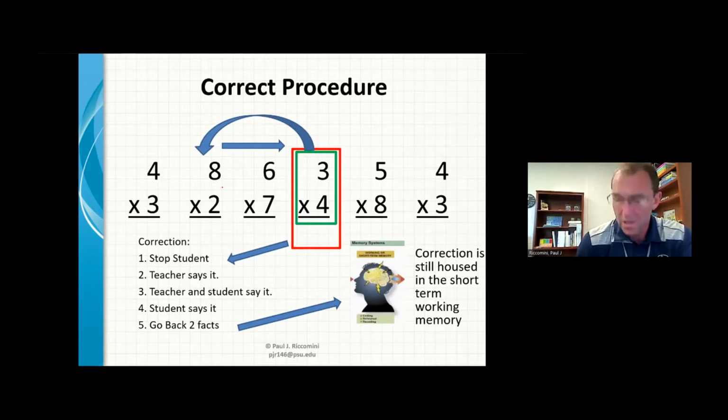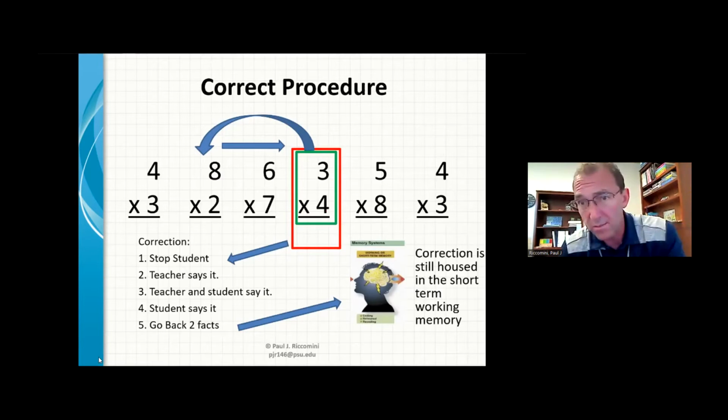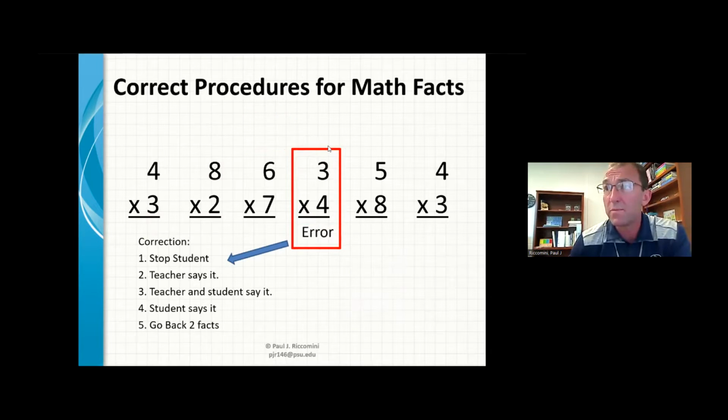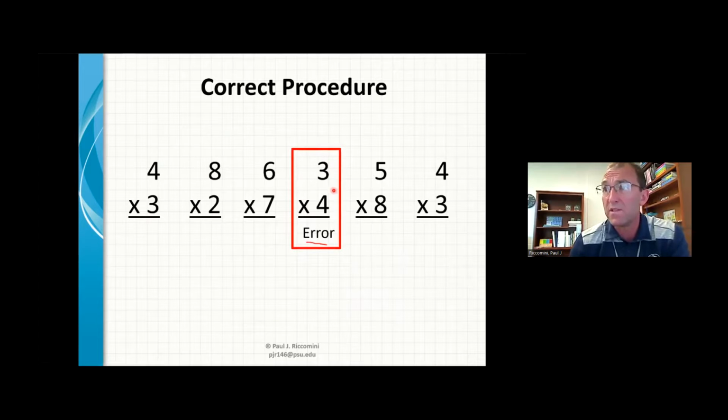So Carolyn, you see the PowerPoint, right? Yes, I do. So what we're going to do is I'm going to model this. When she makes the mistake, I'm going to use a laser pointer to point you to each of the facts. I want you to read the fact. 4 times 3 is 12. And when you get to this one, miss it. I'll leave that so it prompts you.